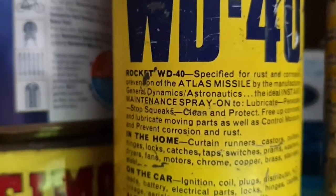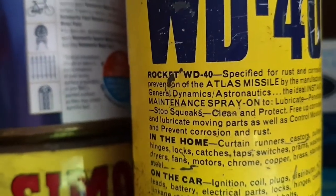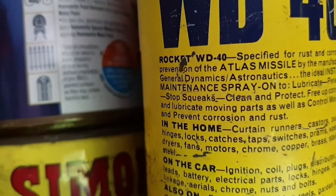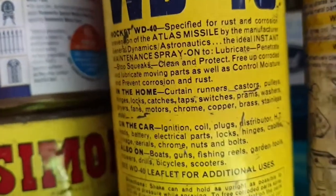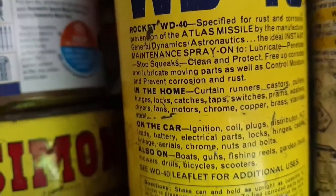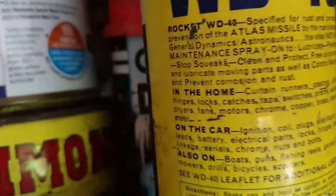Specified for use for rust and corrosion prevention on the Atlas missile by the manufacturer General Dynamics. The ideal instant maintenance spray-on lubricant. It penetrates, stops squeaks, cleans and protects, frees up corroded and lubricates moving parts, as well as controls moisture and